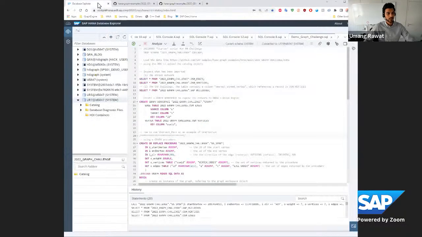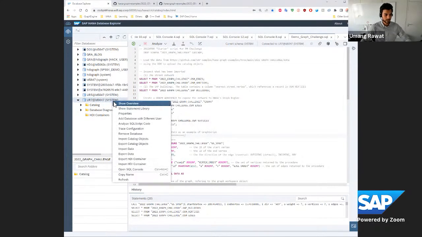Now jumping to the Database Explorer. If you're not familiar with it, there are some links that we have attached to the blog post, and I think it's also in the description, so you can have a look. This is the Database Explorer which you use to query through the database. Once you have a HANA system or a HANA instance, you can directly use this. You can load the database here with this plus button, and once you have the database ready, then what you can do is